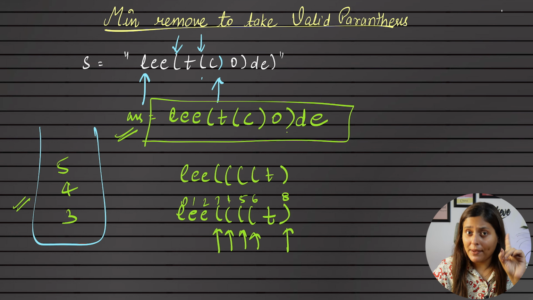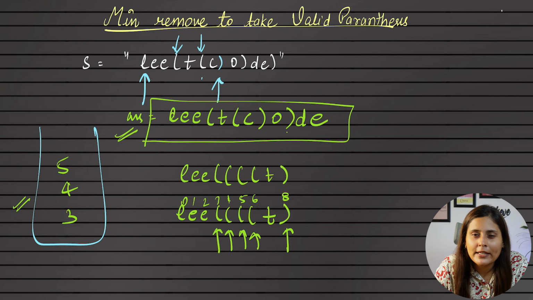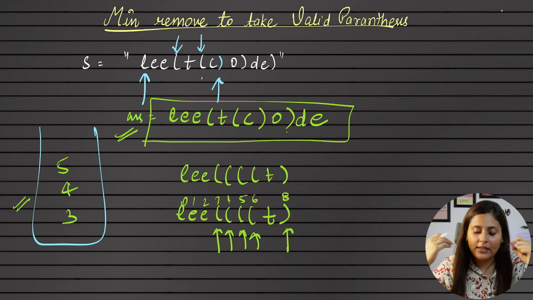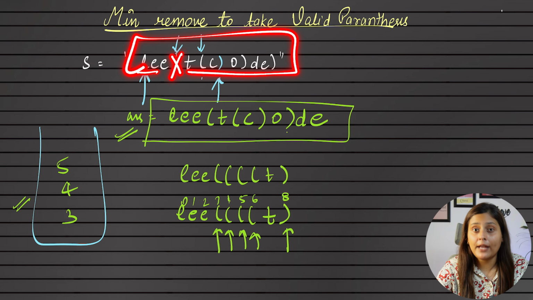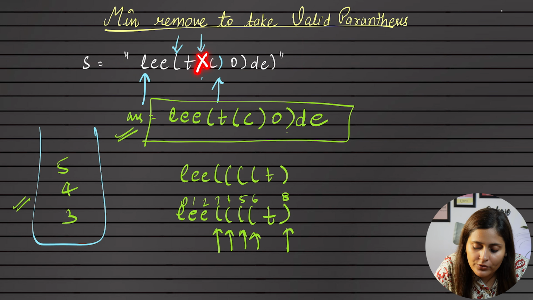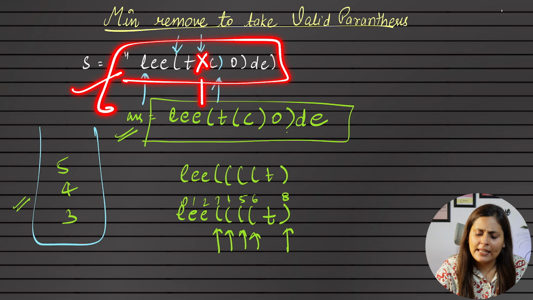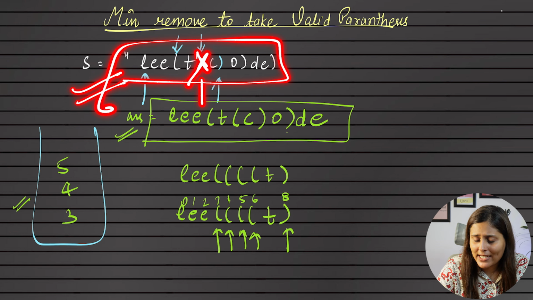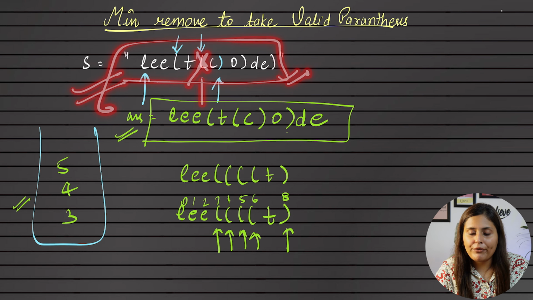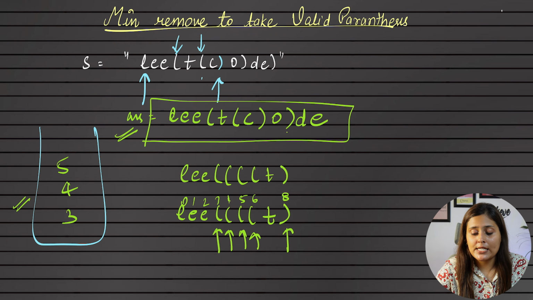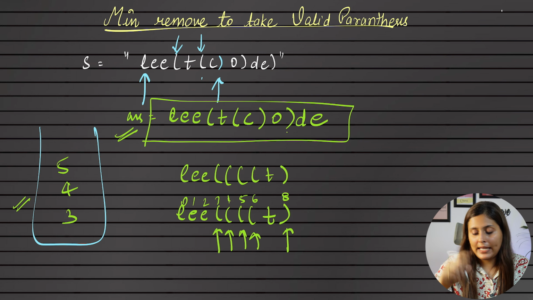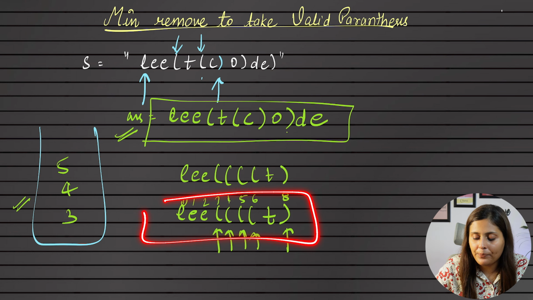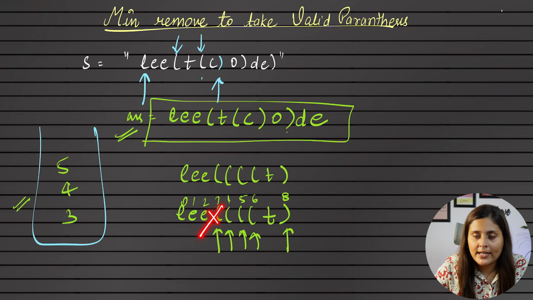But before that, was this a noob coder's thinking? I don't think so. Why? Because if someone is a very beginner, they can think of, let's remove this and check whether the rest of the string is valid or not. Again, let's remove this and check if it is valid or not. And if we found, yes, after removing this bracket it is valid, we can return that. But the question is, after one removal does the whole string become valid? In this case it is. But in this example, if you remove this, is it valid? No.